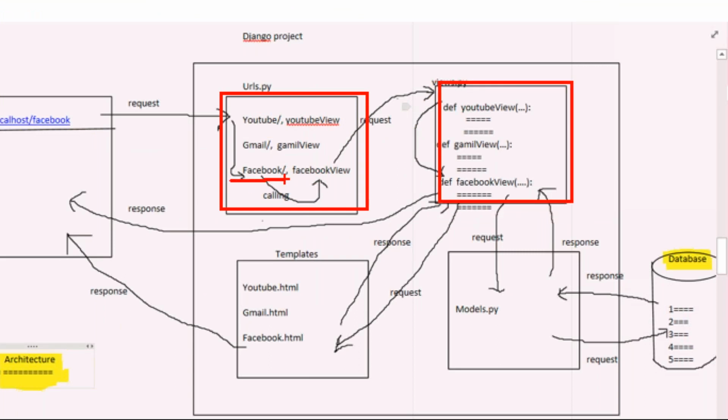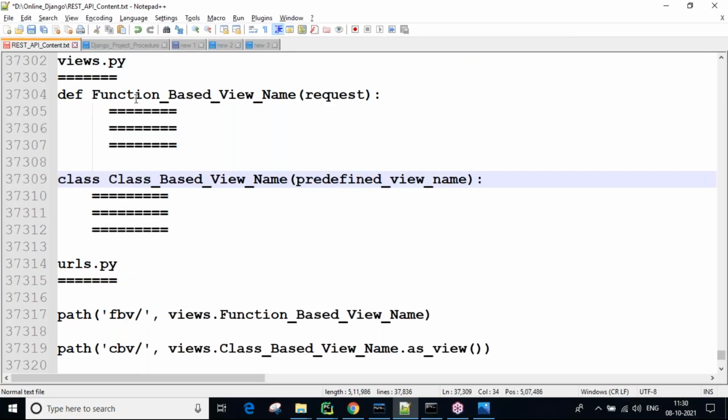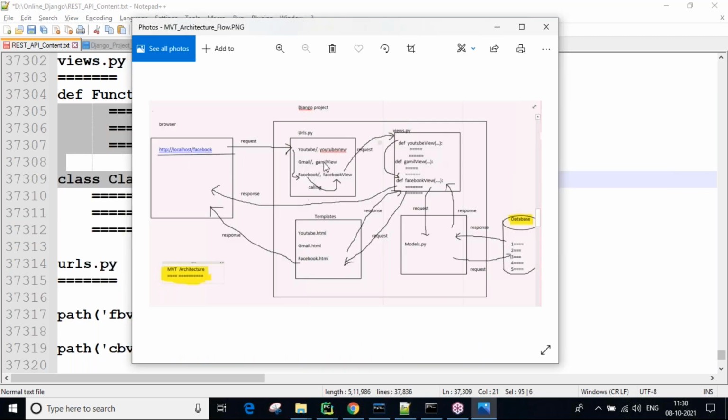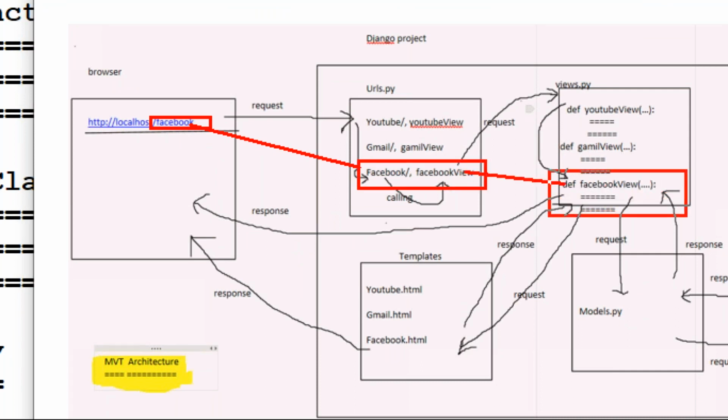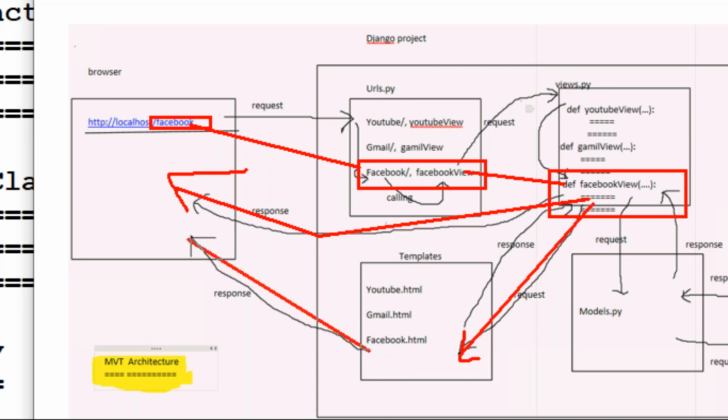So whatever URL is sent from the browser, the view related to that URL is going to be called, and that view available here executes. Same flow we did here: views we created inside views.py, and URLs inside urls.py. After running the server, from the browser, for example the Facebook URL matches here, and this is going to call the Facebook view. This view is going to return a response back to the browser, or else this view is going to communicate with templates to return the presentation back to the browser.